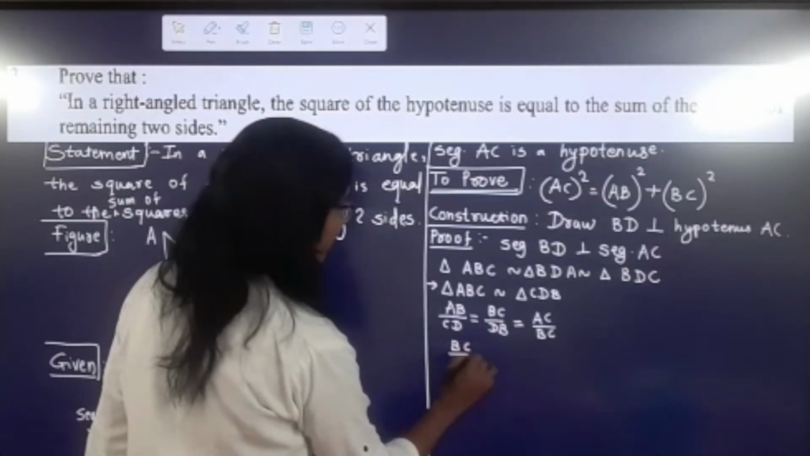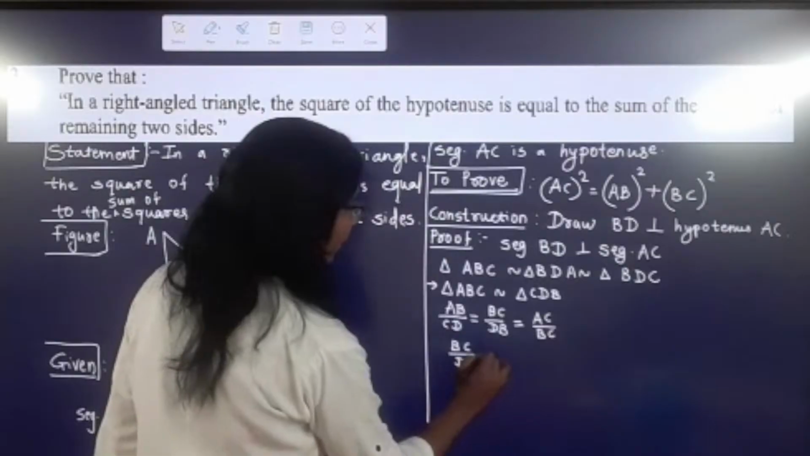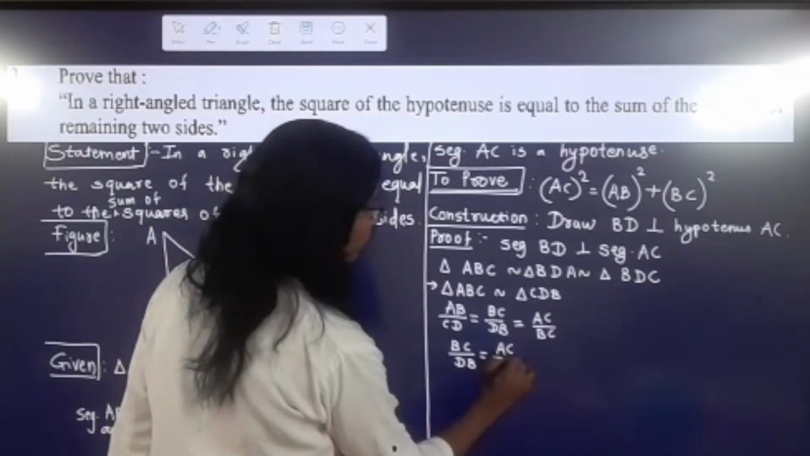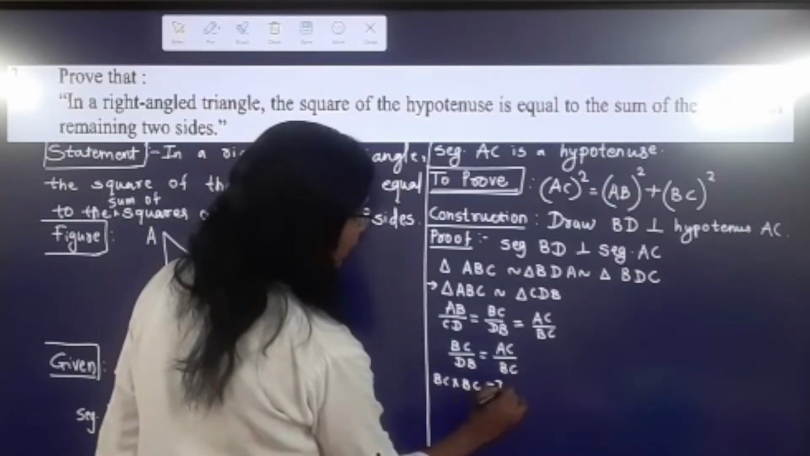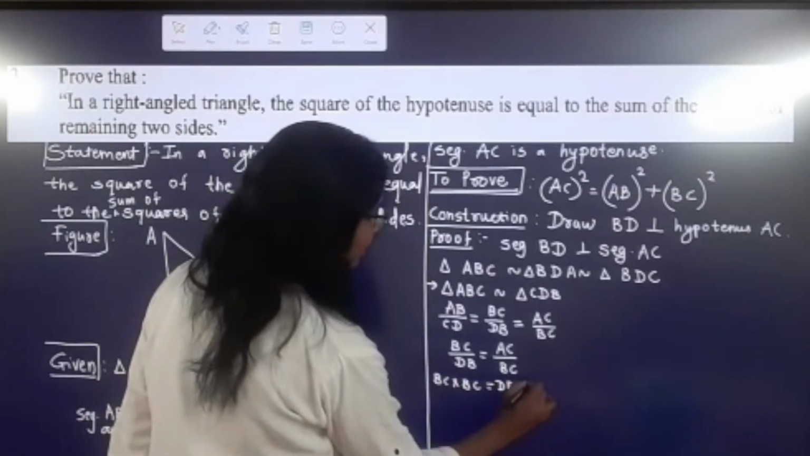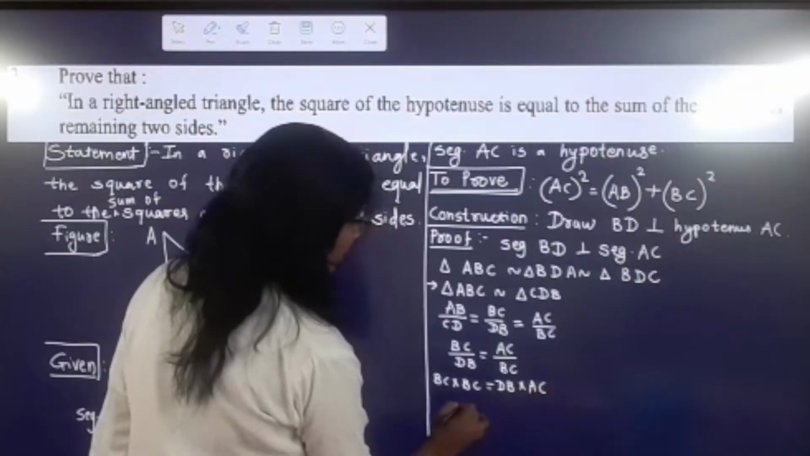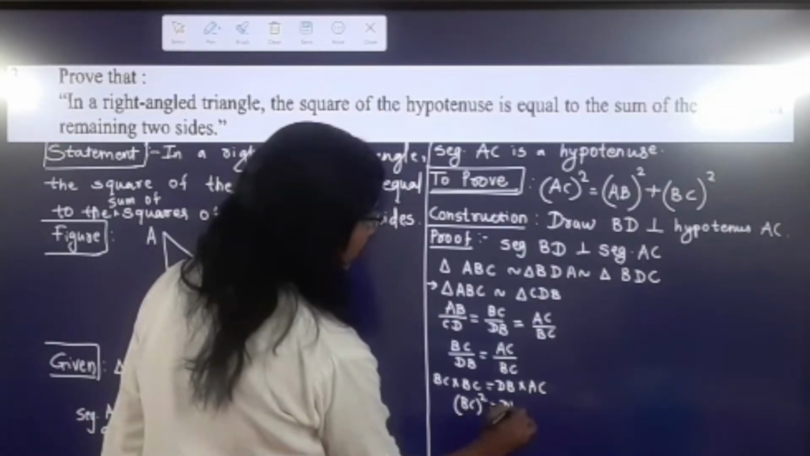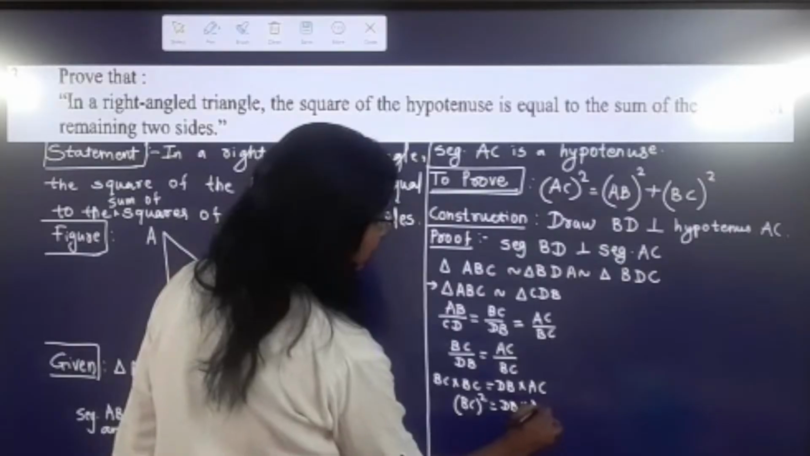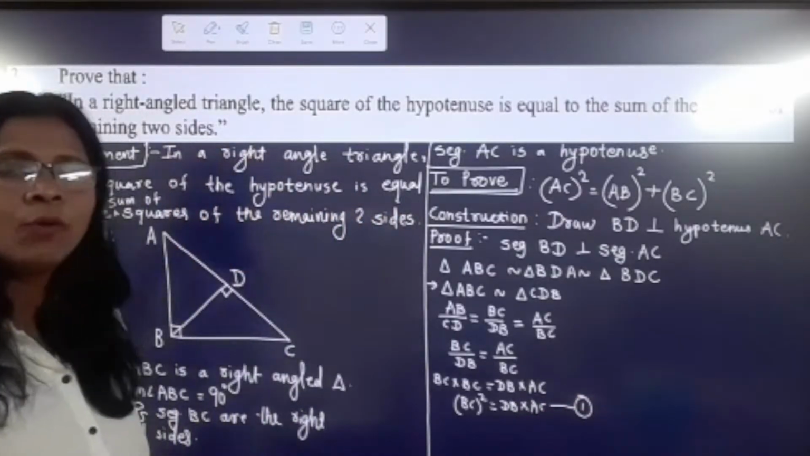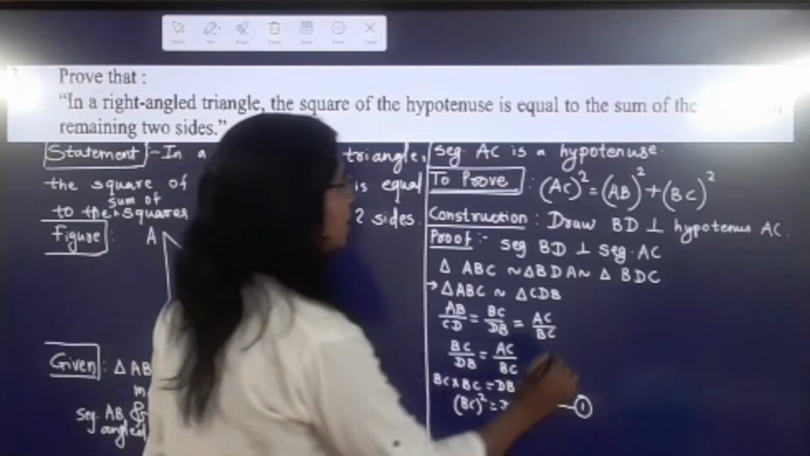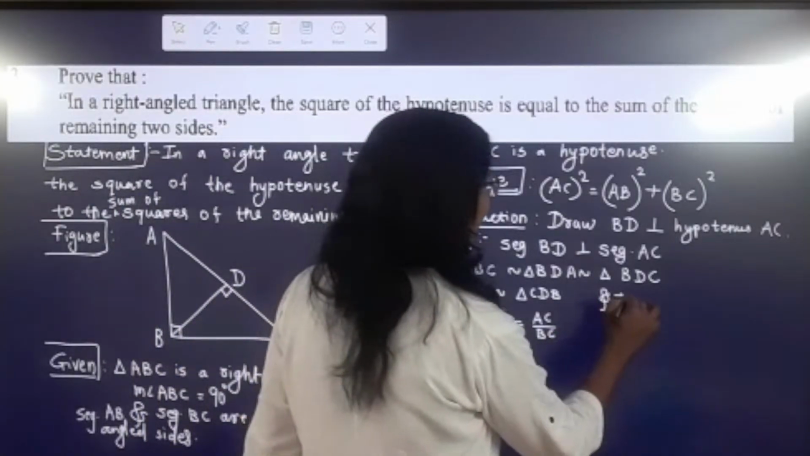BC upon DB is equal to AC upon BC. So here BC multiply BC is equal to DB multiply AC. So here students, BC square is equal to DB multiply AC. So here we can call it the first equation. Okay, and then the next part, students, is taking the two